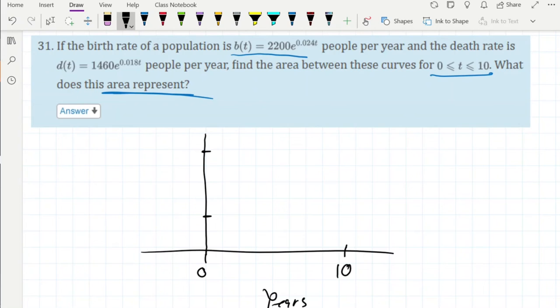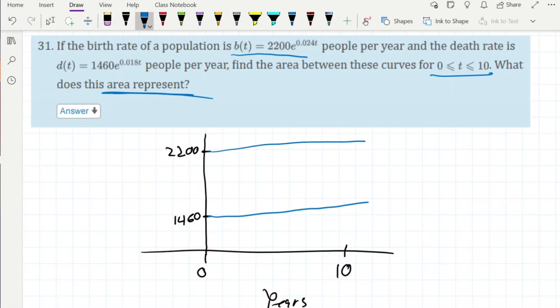So I guess let's say when t equals 0, that means the exponent is going to equal 0 at the top. And e to the 0 is equal to 1. So this is going to be 1460, and this will be 2200. And then when t equals 10, well, it equals a number greater than 1, so it's going to slowly increase over that time. So you have to find the area right here, which means we're going to have to take